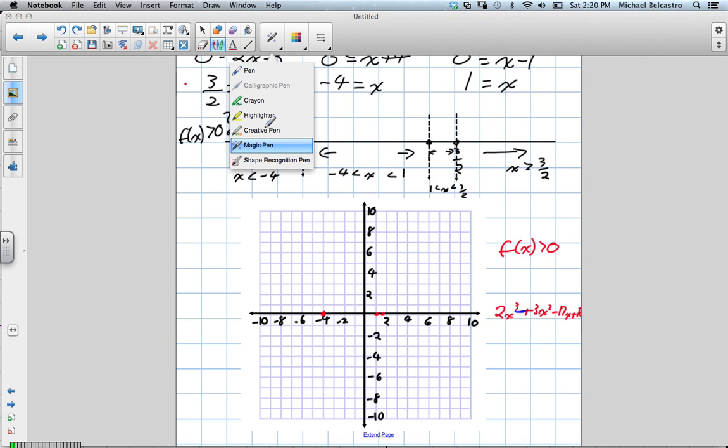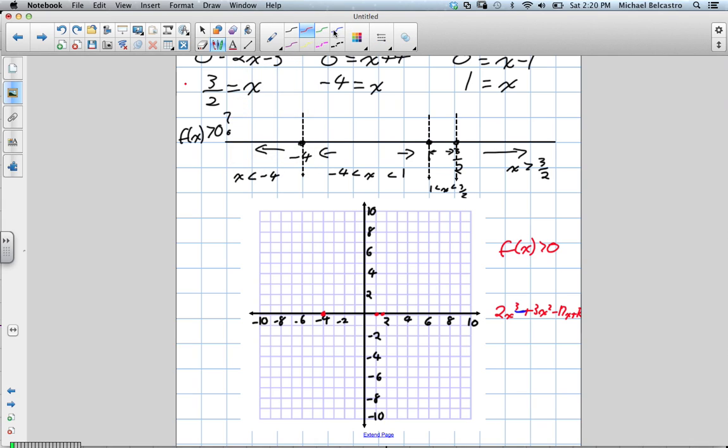So one of the values that could be less than -4. Well, what can be less than -4? We can say when x is -5. We're going to use that to figure it out, because that would be less than -4. What's between these? Well, when x is 0, that's definitely between those values. Here's a little trick here. You can put it as a fraction or a decimal. So I could say when x is,